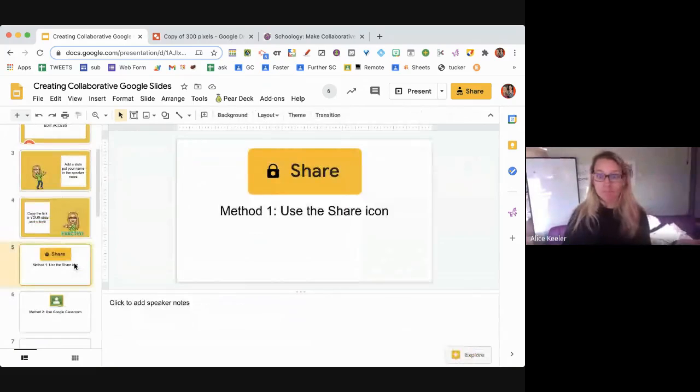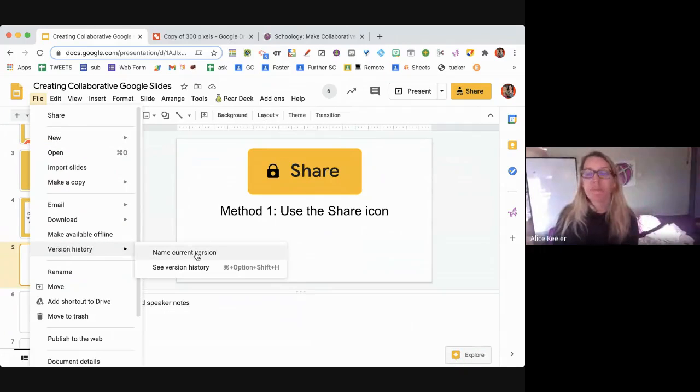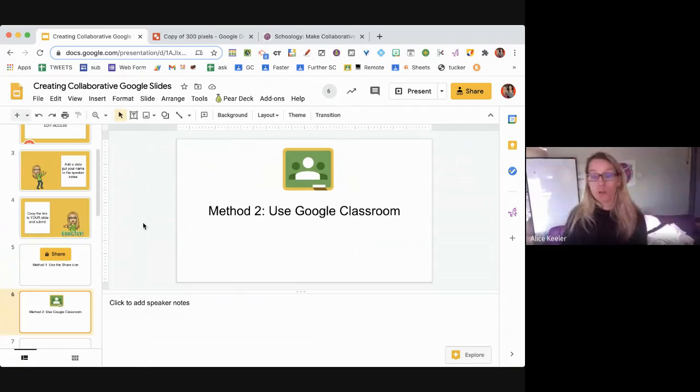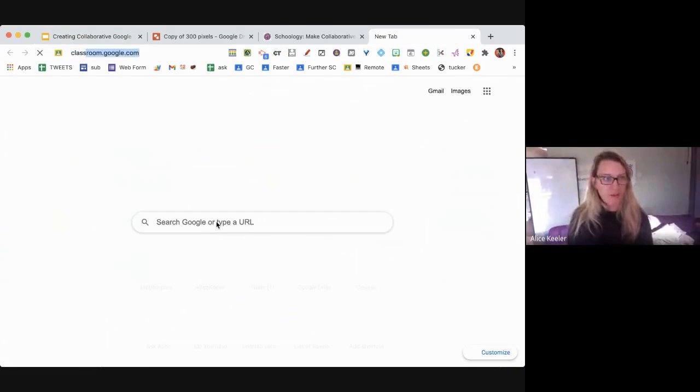Okay, so that's method number 1. So I just share with them. First thing I do before I share with them is I use the file menu, version history, and I name the current version. Okay. Second method is to use Google Classroom. So when I'm in Google Classroom,